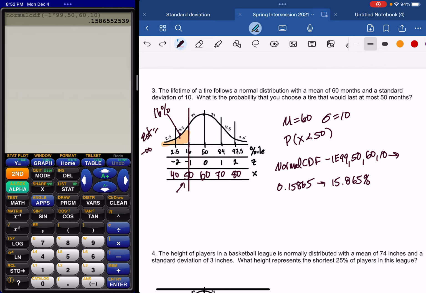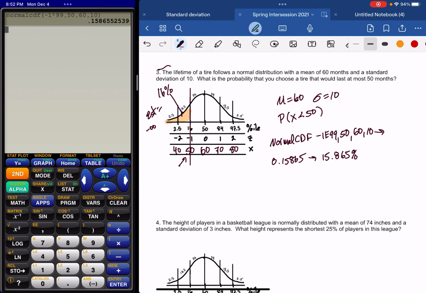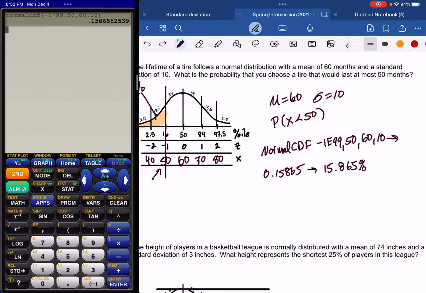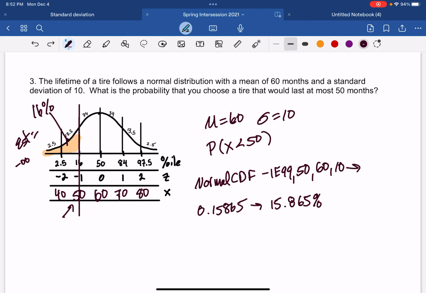So what does this all mean? Well, the estimate was 16, as you can remember, and that looks very, very close to our answer. So how do we answer this, right? Sometimes teachers want you to write an answer, and it says, what is the probability that you choose a tire? Well, there is a 15.865% chance